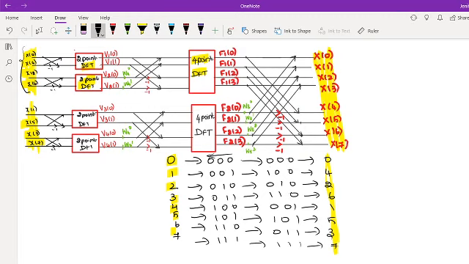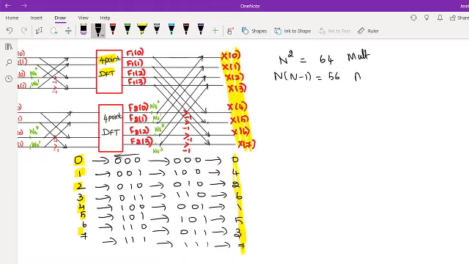And then the computation. For direct computation of DFT, the number of multiplications required is n square for performing an n-point DFT. For this case, I am choosing n is equal to 8. So to perform 8-point DFT, we usually perform 64 multiplications, because 8 square. And for addition, that is n into n minus 1, so that is equal to 56. So performing direct computation of DFT, we require 64 multiplications and 56 additions.